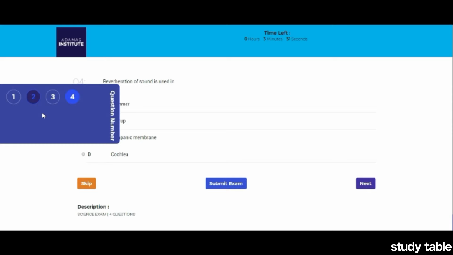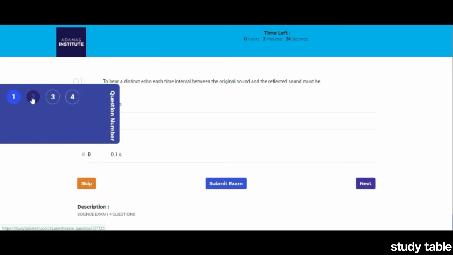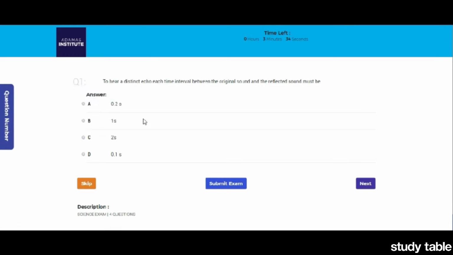And you see we are in question number 4 and it is being colored like this. And the answered question, that we have answered question number 2, is showing in this color. And if you want to go to question number 1 or question number 2, you can press the number from the question number section and you will be taken to that question. So after coming to question number 1, if I want to select the answer, I press next.